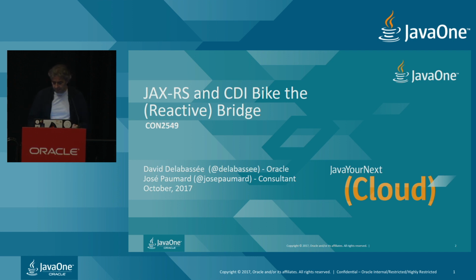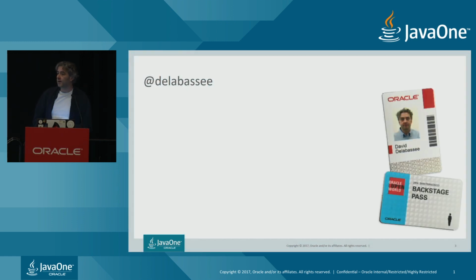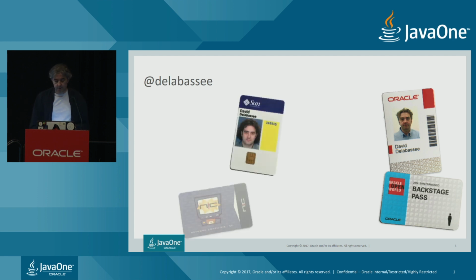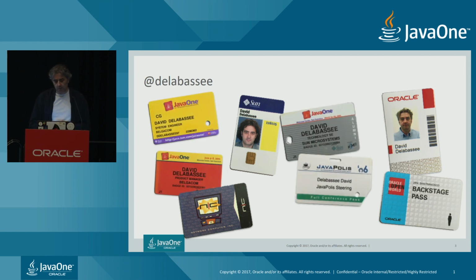Before we start, and very quickly, a few words about us. My name is Delabassee. I work at Oracle in the organization that is responsible for Java SE and Java E. We are also responsible for open source projects such as Glassfish and Jersey, and commercial products such as WebLogic Server and other cool stuff like the FN project that was just open sourced during the keynote. Before that, I spent 10 years at Sun, and before Sun, 4 years working on Java. By looking at the evolution of my haircut, you can clearly see that I've been involved in the Java space for quite some time.